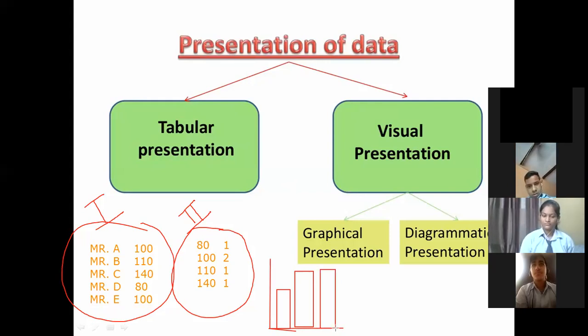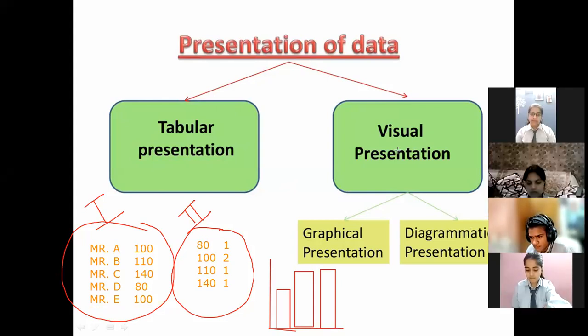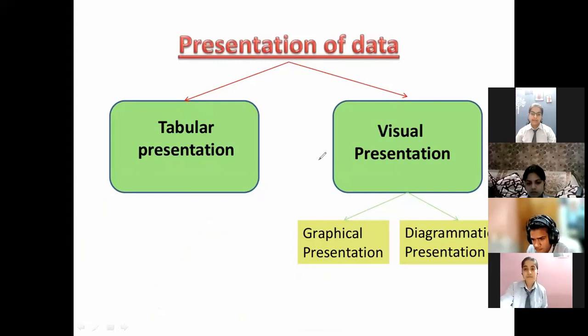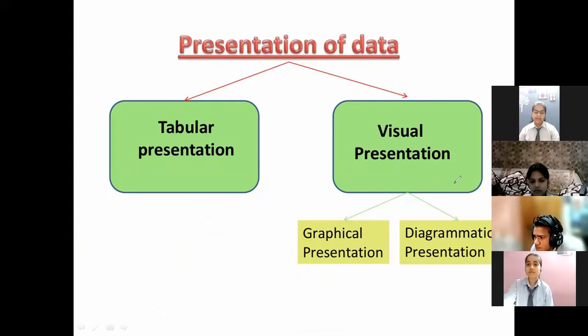I'll be explaining this bar graph in detail because I've just started this chapter. But just have a look, these are the three stages. In the first stage, what did we do? We simply collected the data. In the second stage, we organized the data. And in the third stage, we present the data. So this is the case which we are taking in this chapter, right?